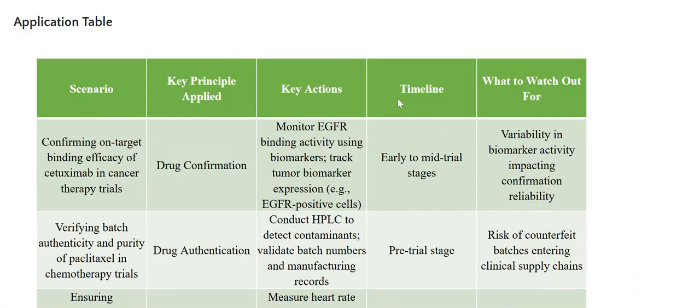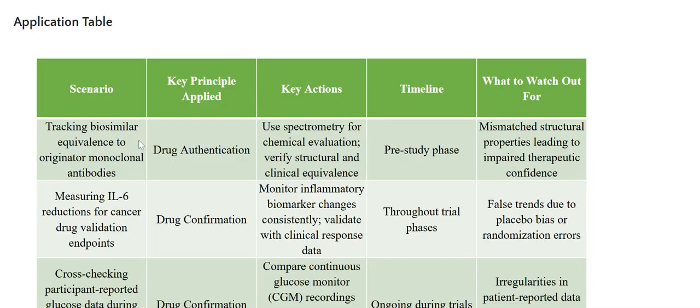Application table, scenario. For each scenario, we have the key principle applied, key actions, timeline, and what to watch out for. As scenarios, we have confirming on-target binding efficacy of cetuximab in cancer therapy trials, verifying batch authenticity and purity of paclitaxel in chemotherapy trials, ensuring dose response effects through beta blocker validation in hypertension studies, tracking biosimilar equivalence to originator monoclonal antibodies, measuring IL-6 reductions for cancer drug validation endpoints,